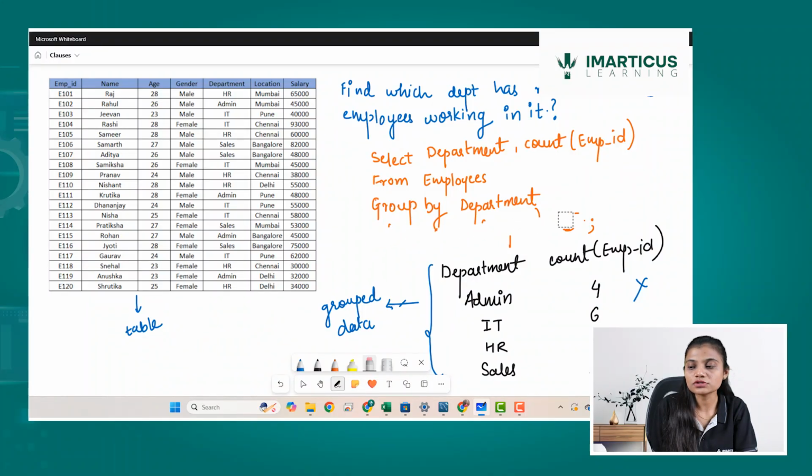So what we can use to get the result set as per the question is something called having. So if I want to talk about the having clause, what does having do? Having also filters the result set, but this result set will be filtered on the basis of grouped data, not the normal table. It is going to filter the result set for the grouped data or the grouped table. So having, let's say I write count of employee ID greater than 5.